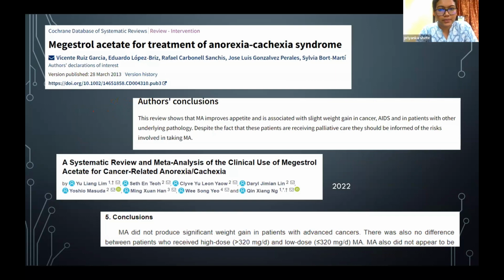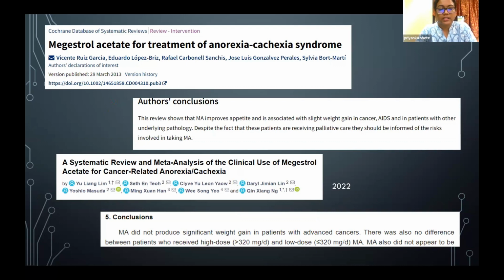Then there is a Cochrane database systematic review on megestrol acetate for treatment of anorexia-cachexia syndrome. The authors' conclusion is that this review shows megestrol acetate improves appetite and is associated with slight weight gain in cancer, AIDS, and in patients with other underlying pathology. Despite the fact that these patients are receiving palliative care, they should be informed of the risks involved in taking